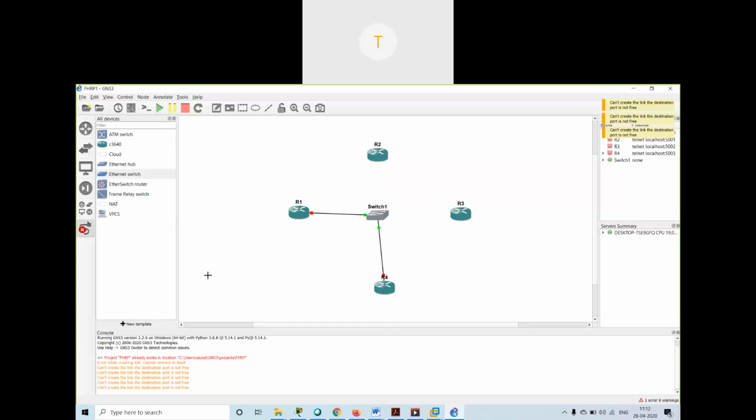Can you share your email ID? Yeah, just a second. You can write down my email ID, it's in the chat. This is my email ID. Okay, got it.